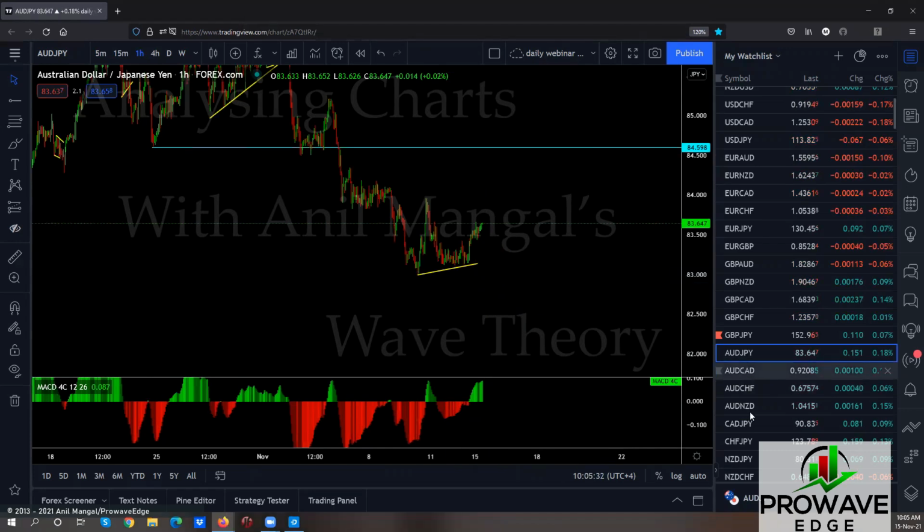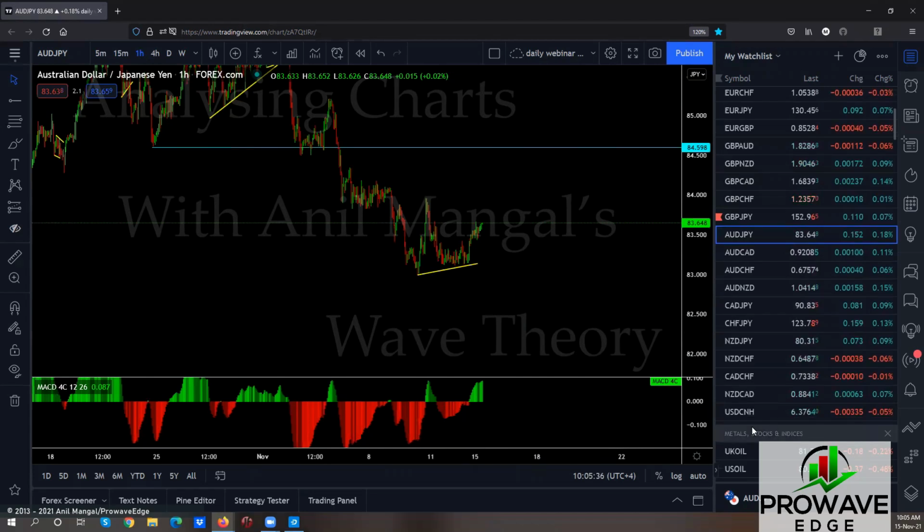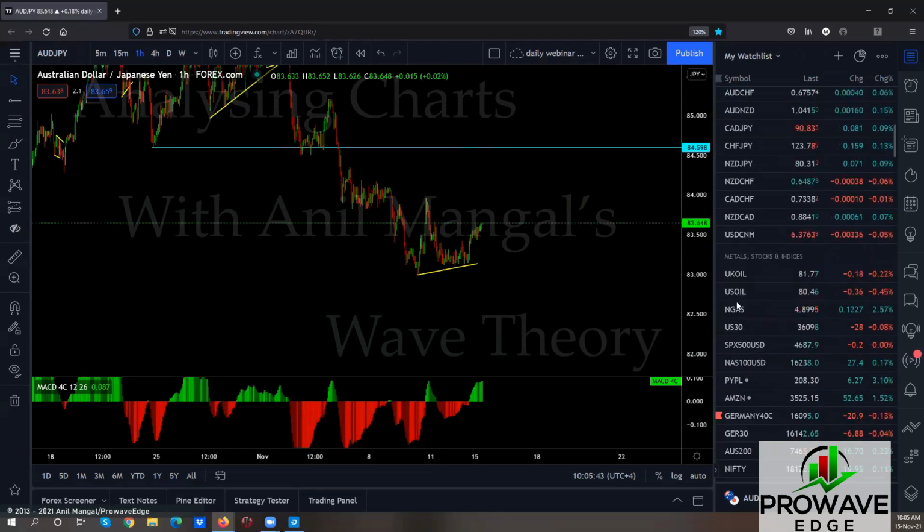Let's go. I'm not going to go through all of these because there are too many of them. And I don't think a lot of traders trade them. So I'm going to skip all of this for time's sake. We have a lot of them to go through. I'm going to do some of these just to make sure that the time is short.